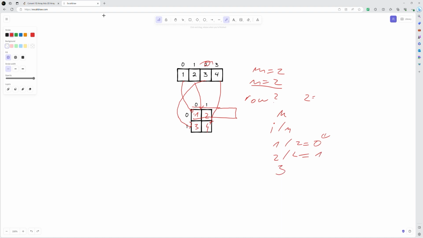The same goes for number 3. In the array, the index 3, if we divide, we will get 1. So the row is given basically by the current index divided by n. Now, how do we figure the column? The column,